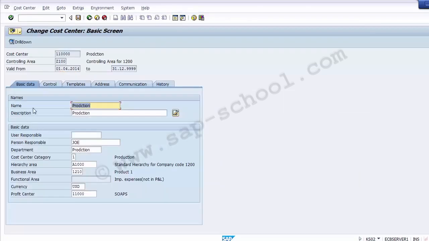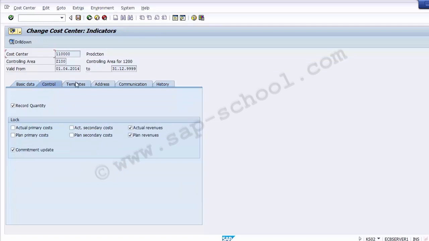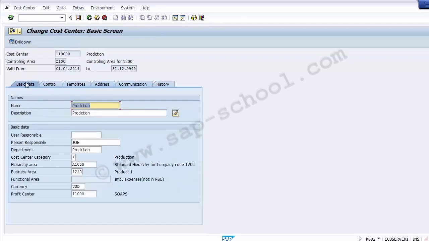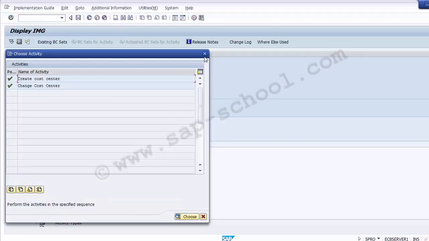So you can have a look at the different cost center details mentioned in the cost center: who had created it, what is the hierarchy, what is the business area, and what is the profit center assigned to it, all displayed to you over here. And in case you want any changes to be done, you can make the changes over here. As you can see, all the fields are editable, so the changes are allowed. This is where you can cross check and make the changes as per the requirement. Even if you want, you can cross this tab,